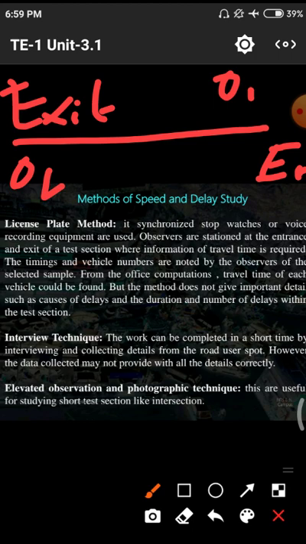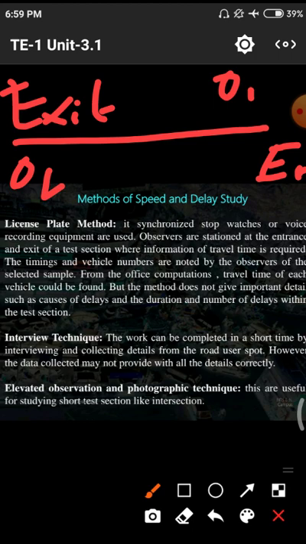Sir, what point are you coming from and what point do you have to reach? What speed are you maintaining while traveling on this road? Are there any obstructions you are facing or any delays you observed? All those things they have to ask the riders, and they note down the data told by the riders. It is a simple method. Simply one person is required to collect all of the data and present it.